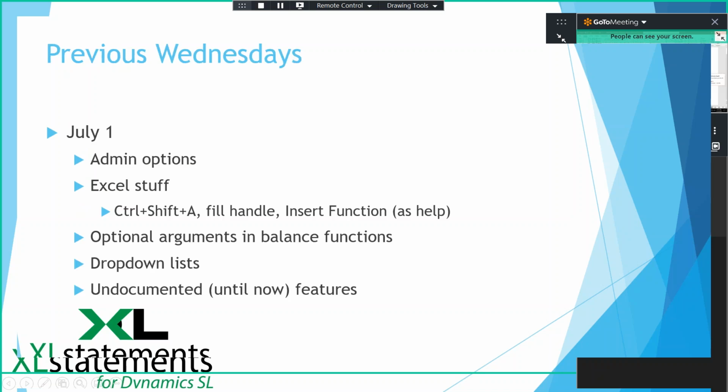So our first one, I think I stuffed too much into it. It was actually from a 1-hour session I had for user groups. But I talked about who's an Excel Statements admin and how you become one and what they can do. And then we hit on a bunch of Excel functionality. And then I talked about the optional arguments in balance functions. And then I went over drop-down lists and then mentioned a couple of features that you wouldn't know about if I didn't tell